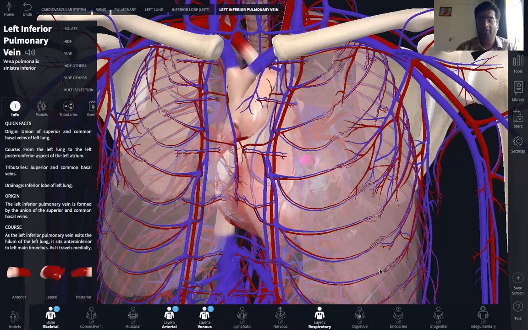What you need to remember here is that pulmonary veins are an exception because they carry oxygenated blood, while pulmonary arteries are also an exception amongst the arteries because they carry deoxygenated blood. Whenever you are asked to define an artery or a vein, we always write the definition as: arteries are blood vessels that carry blood away from the heart, and veins are blood vessels which carry blood towards the heart. Okay, so I hope that the pulmonary, renal, and hepatic circulation concepts are clear to all of you.